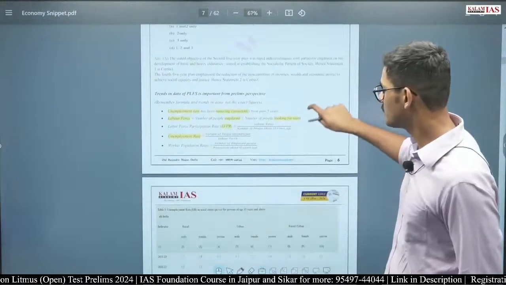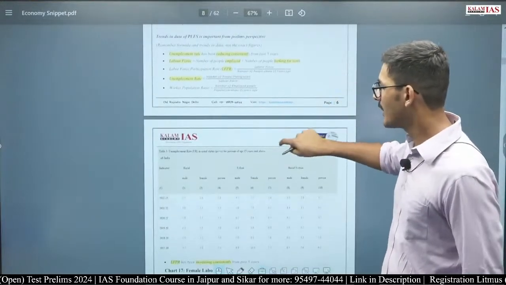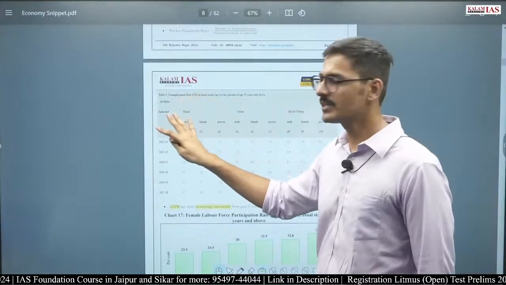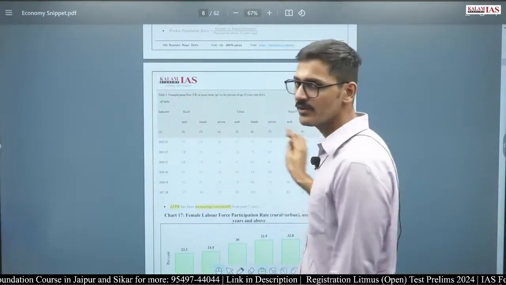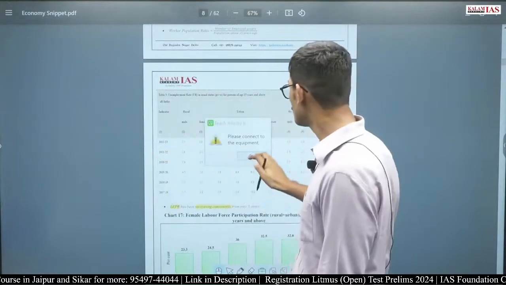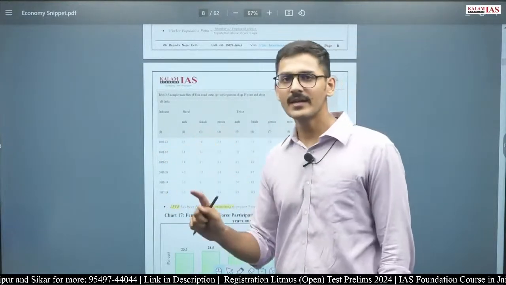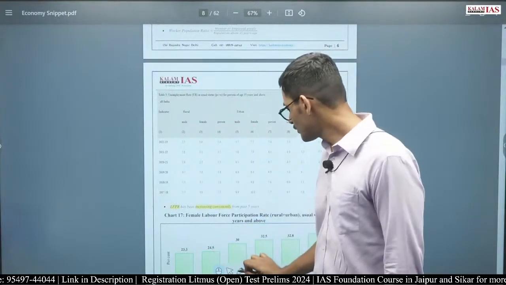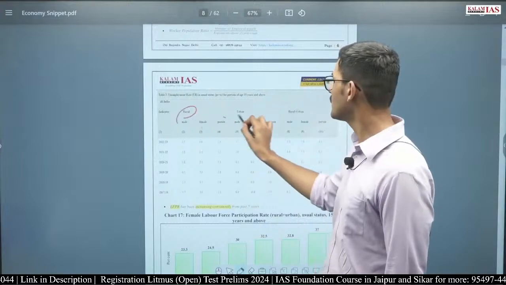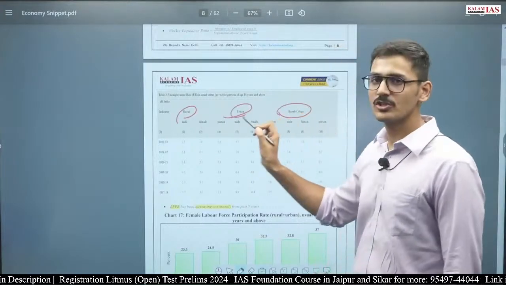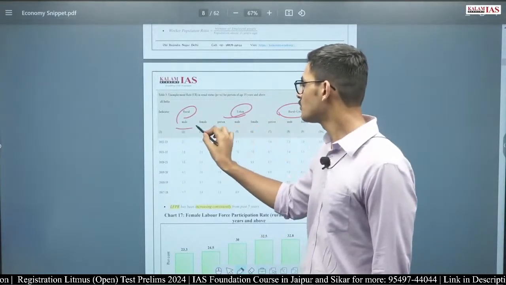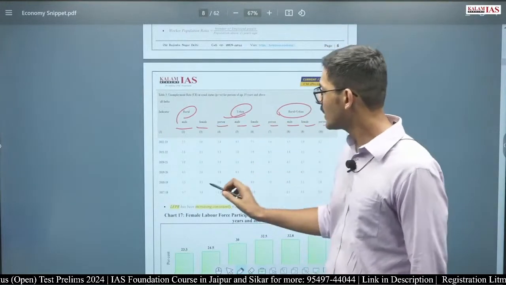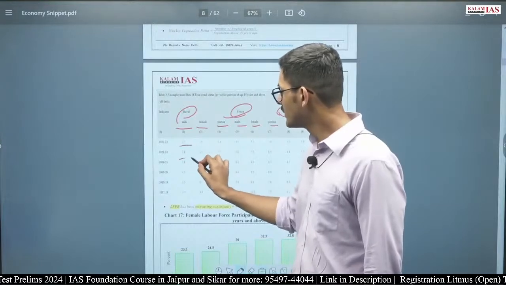Now, moving forward, we will look at the trends. Different categories of unemployment rate are given here. You do not have to memorize any of the numbers given here. All you have to do is look at the trend, and the trend is the same in all the data, whether the unemployment rate is of urban people, rural people, or the total population of urban and rural, whether they are talking about male, female, or total. In each of these three categories, in all of them, the unemployment rate has been reducing